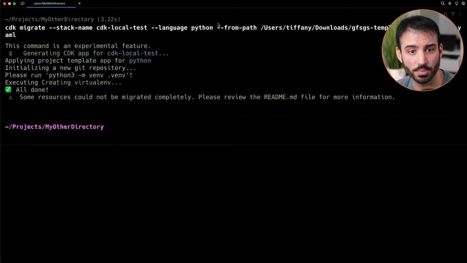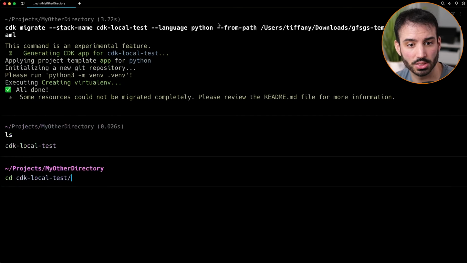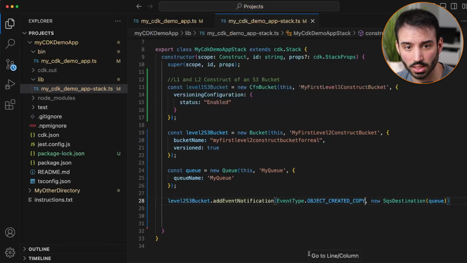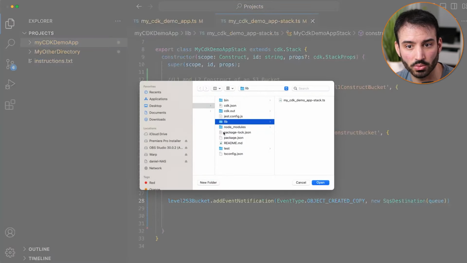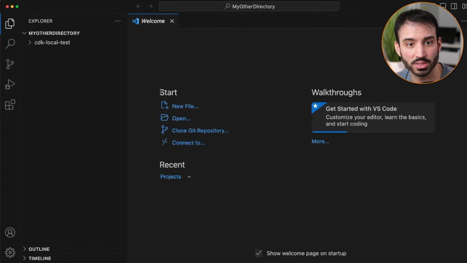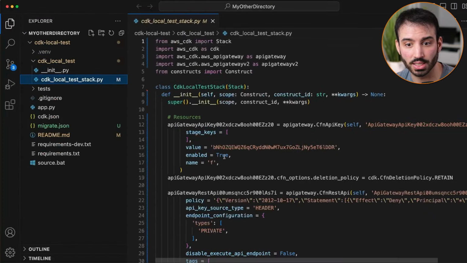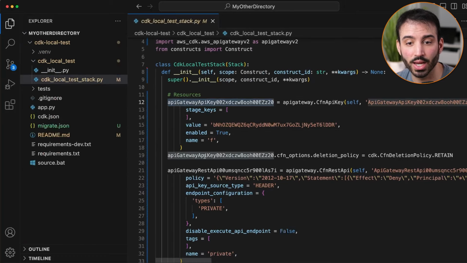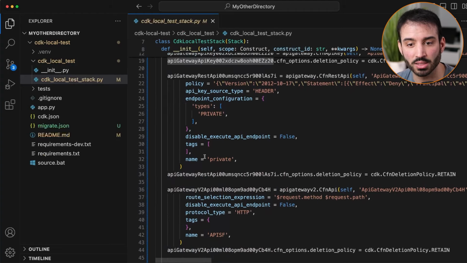So it's doing some things in Python, and now we have a CDK local test, so we can change into this really quick to take a look at what's inside here. And if we do this in our editor, I need to go up a directory, so we need to Command O. Let's go back. Here's the other one, and let's take a look at what's inside here. This is the Python generated code for this. You can see inside of our stack what some of this stuff looks like. So it's created an API gateway. Actually, this was the template I created in my test run, so it's pretty much the same thing. It's got some API gateway